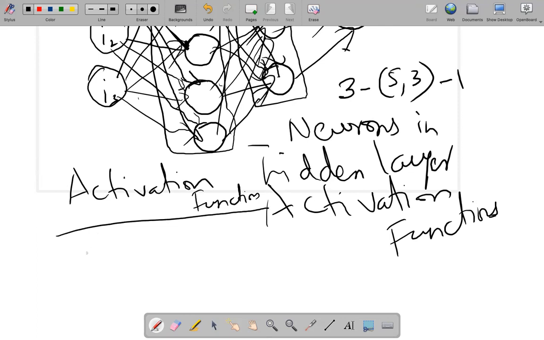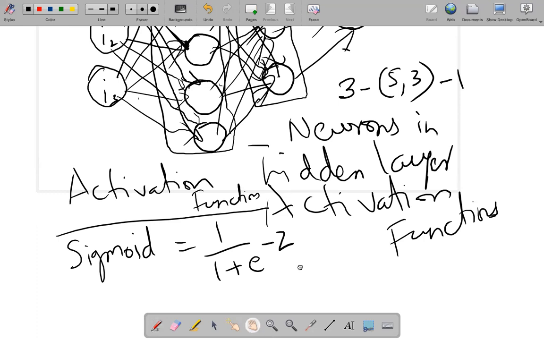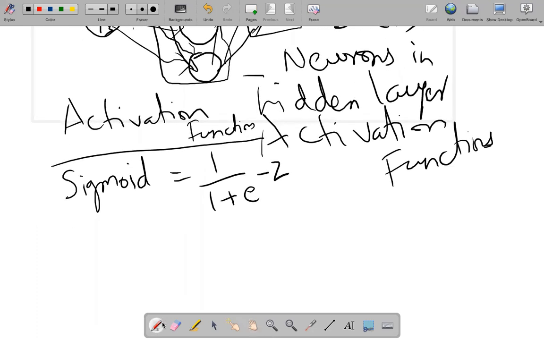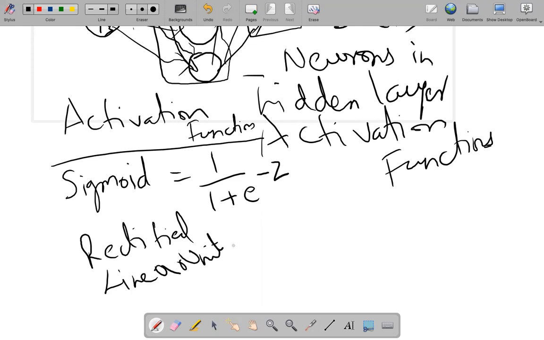The popular ones are sigmoid, the logistic function, 1 by 1 plus e to the power of minus z. Then you have another popular function called ReLU, rectified linear unit, which is max of 0 comma z.